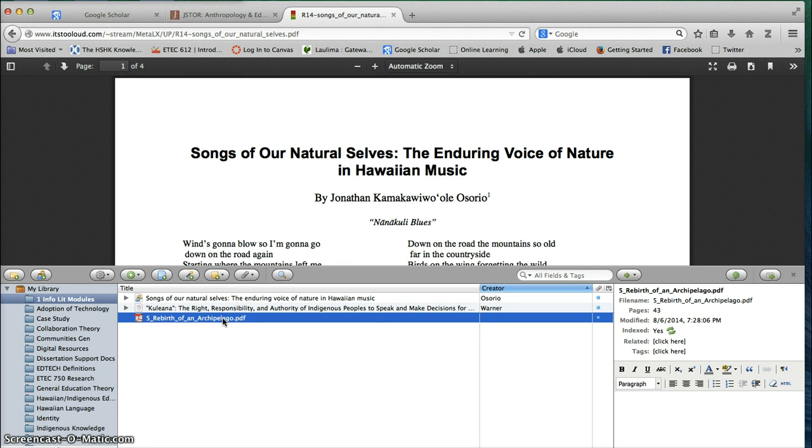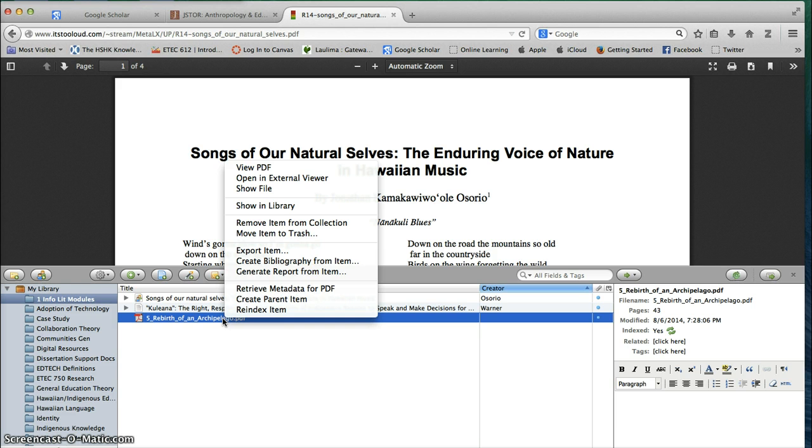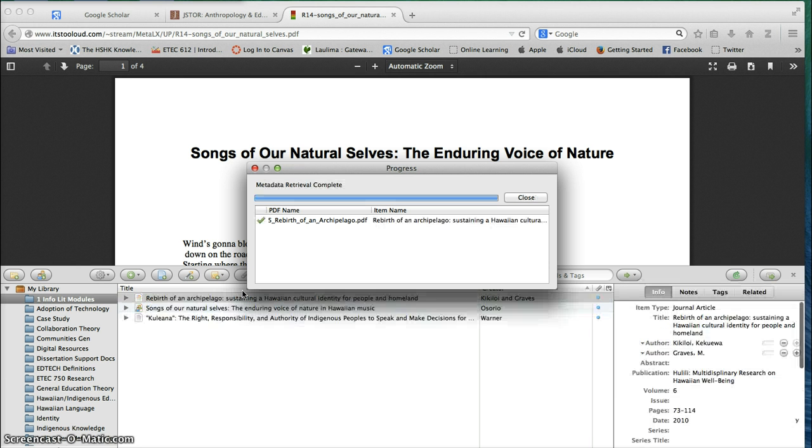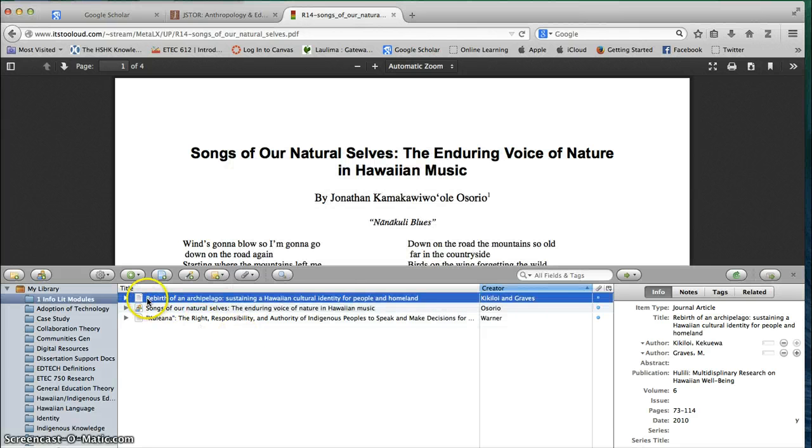If I select that PDF and right click, there is an option that comes up to retrieve the metadata. If that metadata exists, then it will start to populate it. If it doesn't, I will have to create the file myself. Fortunately for me, this journal article also came with metadata, and now for that new article that I just got,